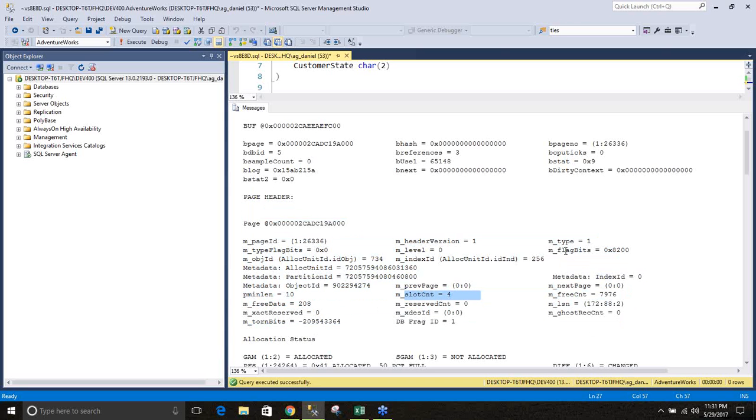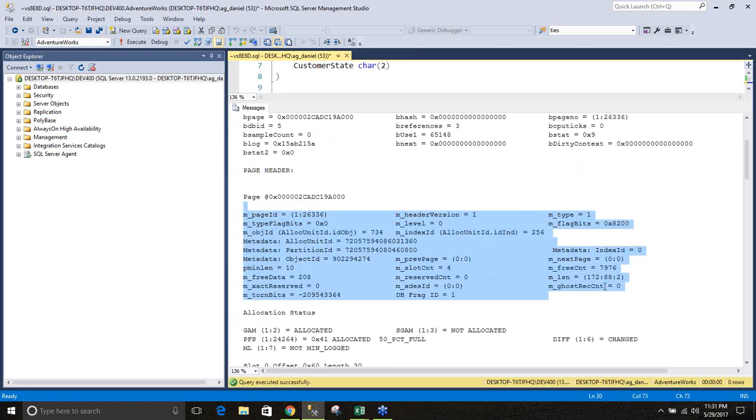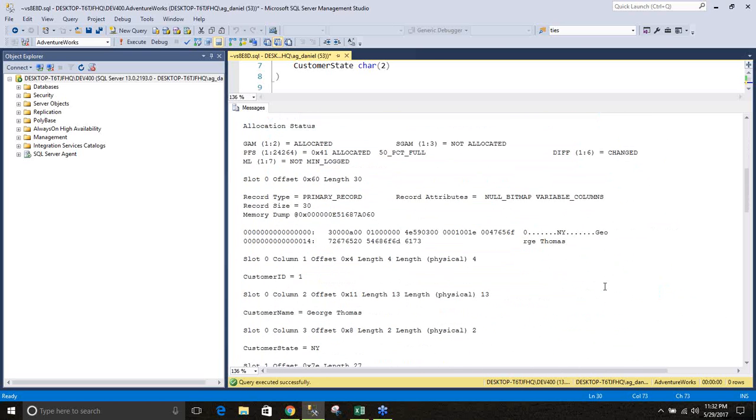Now, let me see. The last log sequence number, and the number of ghost records. Well, what is a ghost record? Ghost records are records that have already been officially deleted but are still kept in the 8 kilobyte page. The SQL engine will later go and clear them out. All right, there are a couple of other pieces of information which we are not really worried about. Now if you come down,